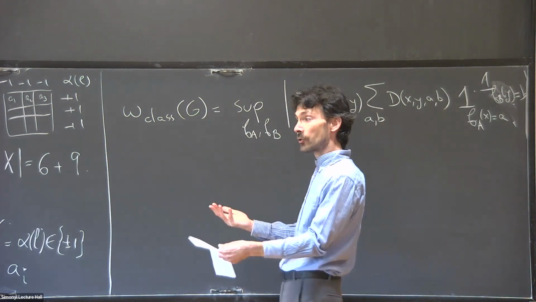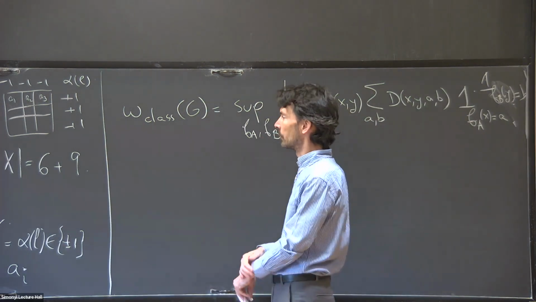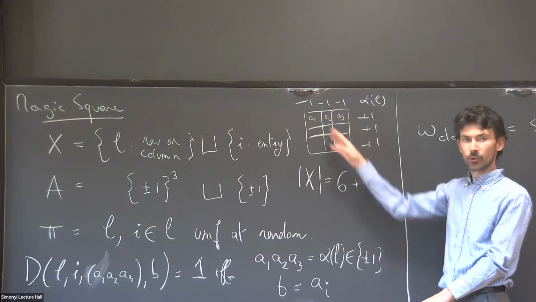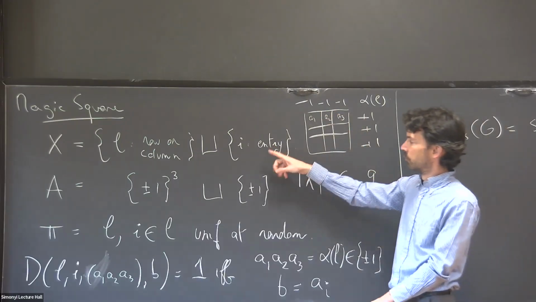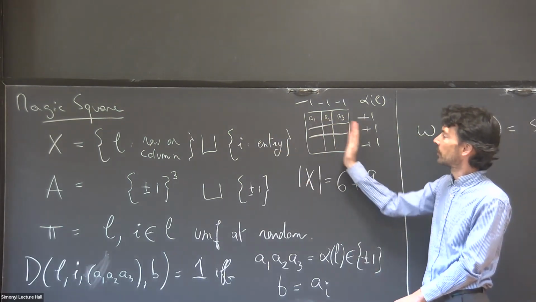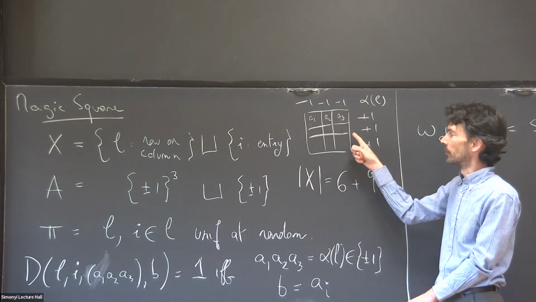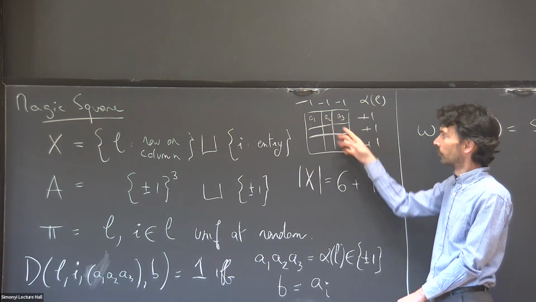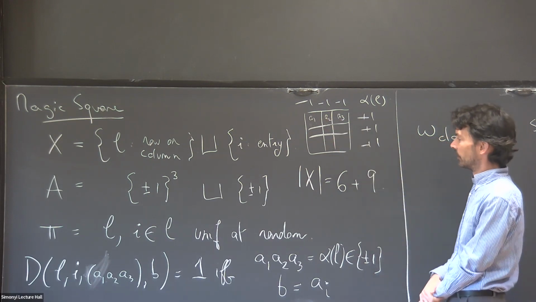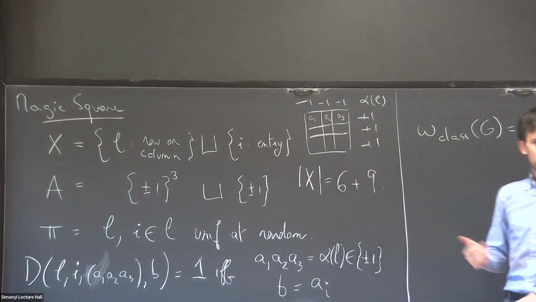Okay, so to fix a strategy, I was trying to go over what we need to say when we describe a strategy. So we need to give ±1 values for each of the squares. This is just what we answer on these questions. Then for each row and column, we need to fix 2 values for the row and 3 values for the column that have the right parity, and also that match the values that we gave to the squares.